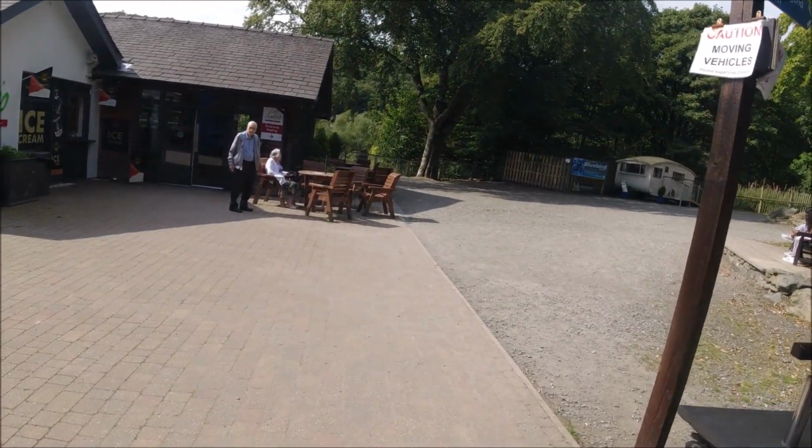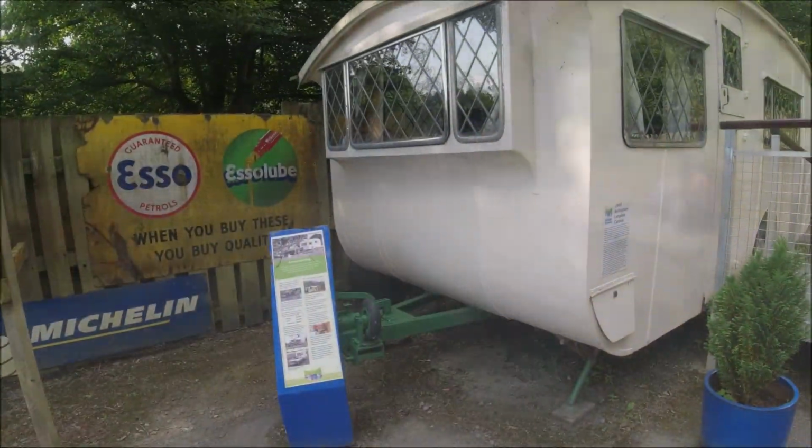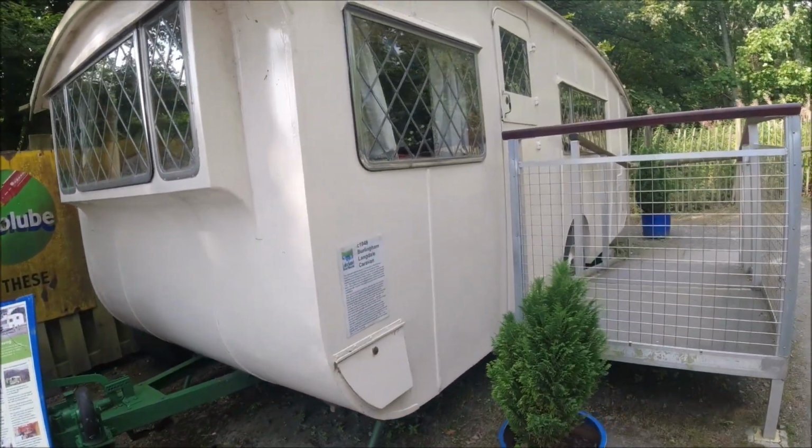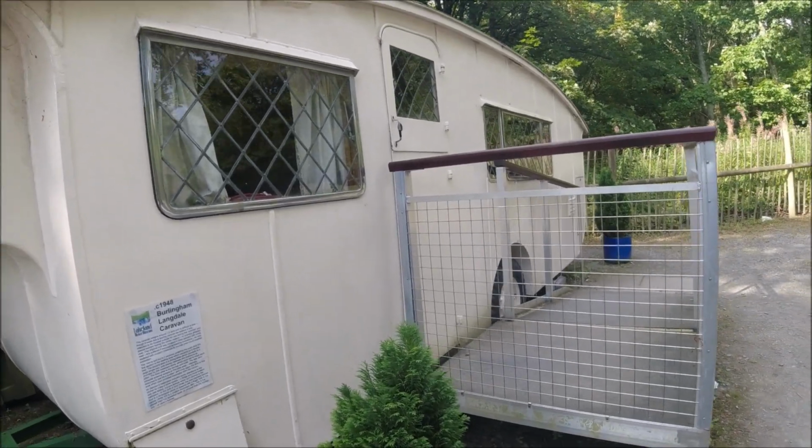There is a Bluebird exhibition as well, so we're going to have a nosy at that. History of caravanning as well. This is a 1948 Burlingham Langdale caravan. Look a bit more